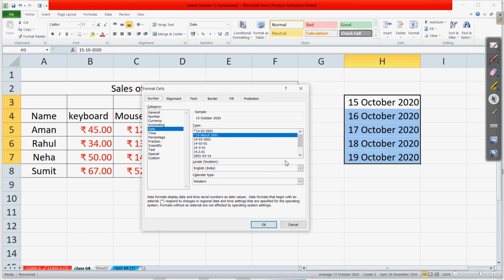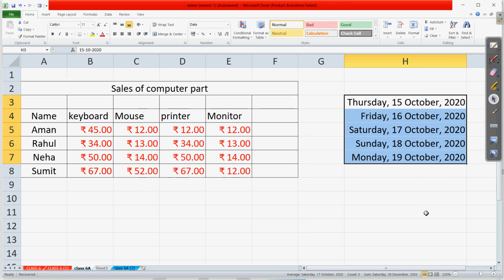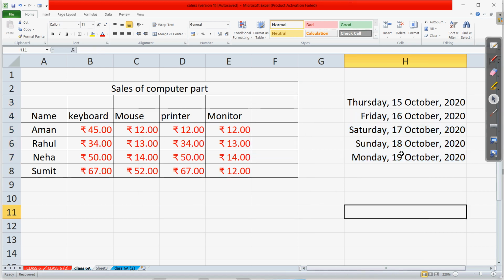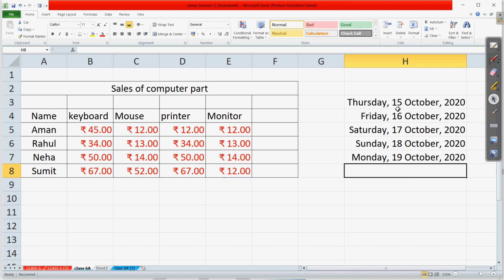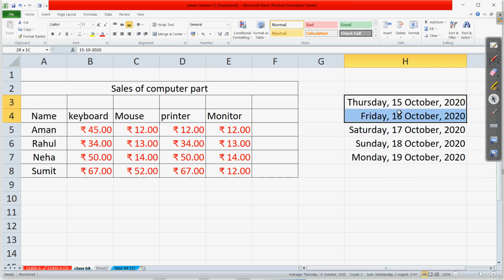Then also, if we want the day to be included, if I click this format, here we have different types. Let us click OK. Now you can see along with the date, the days are also appearing here. Clear? So this is how we can change the formatting for any of the data.